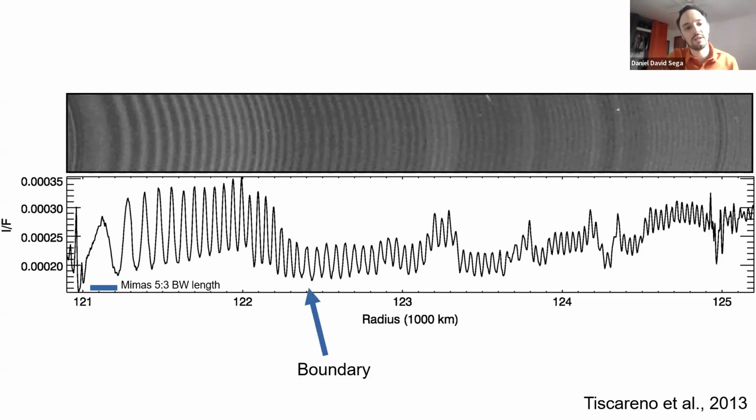Another thing that we see that is very interesting is that here there's a boundary that shows an increase in surface density. The way we know this is because the wavelength is dependent on surface density. The wavelength should become shorter and shorter as you move away from resonance. Here, resonance happens here. But here, there's a sudden increase in the bending wave wavelength. And when we go and compute what the sigma is, there's actually an increase in sigma.